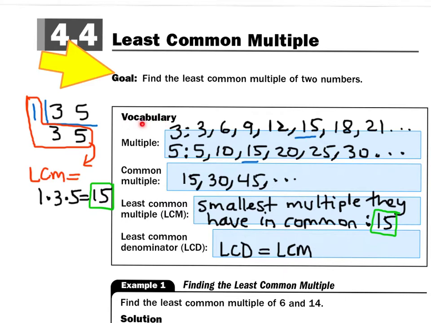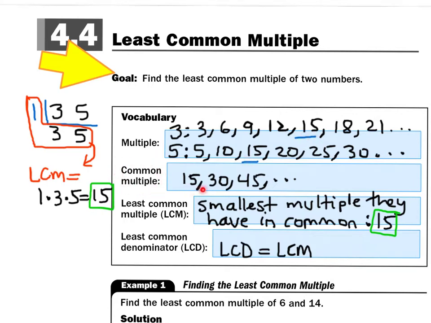All right, so vocabulary, multiples. Let's say I wanted to list all the multiples of 3. 3 times 1 is 3, 3 times 2 is 6, 3 times 3 is 9, 3 times 4 is 12, and so on. I could keep going with multiples of 3. Same thing with multiples of 5. 5 times 1 is 5, 5 times 2 is 10, 5 times 3 is 15, and I could keep going with multiples of 5. Now, if I asked you for all of the common multiples, you would have to say,